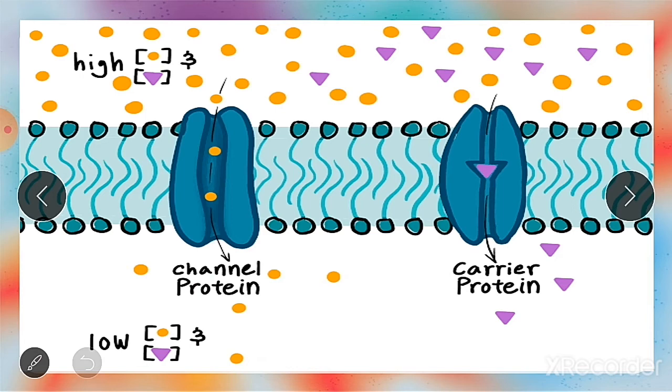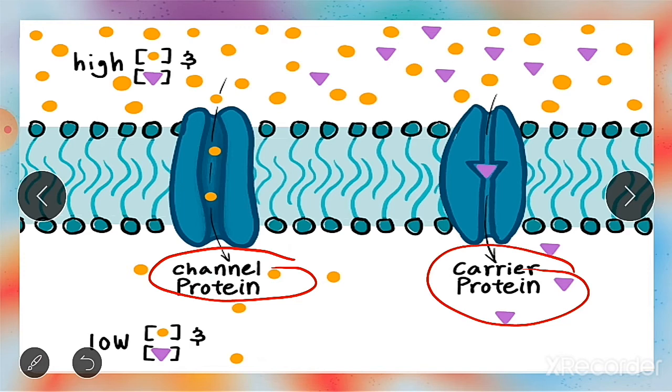Okay, so this plasma membrane acts as a barrier for these molecules, but it is necessary that some materials enter the cell and some materials leave the cell. For example, nutrients such as sugars and materials of growth such as amino acids must enter the cell, and waste of metabolism must be thrown outside the cell. And such molecules are moved across the membrane by special proteins called transport proteins, also known as permeases. These permeases are of different types, like channel proteins and carrier proteins.